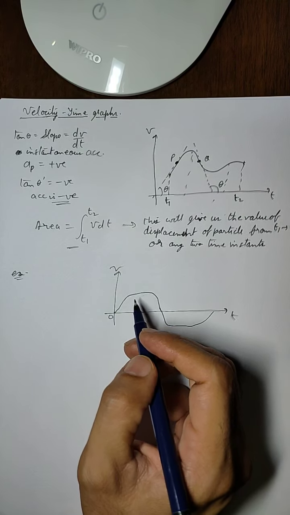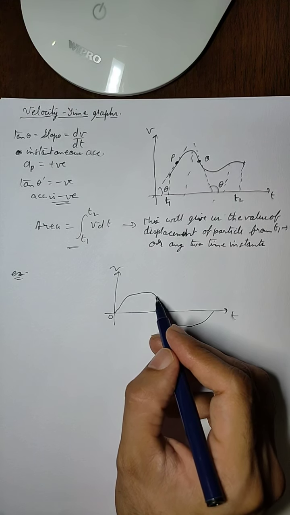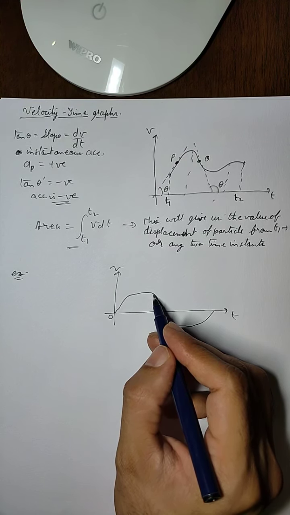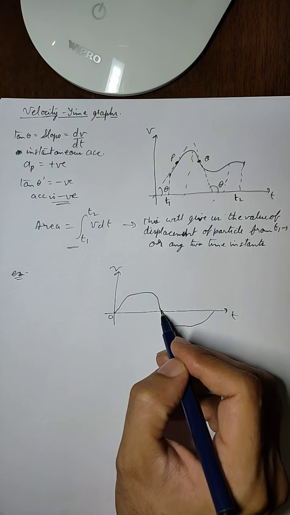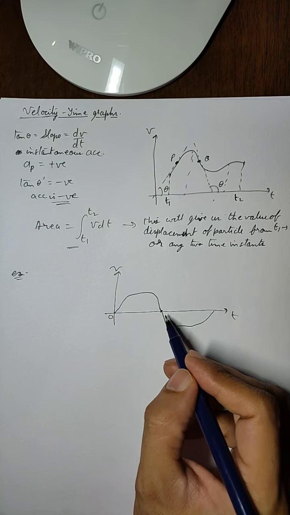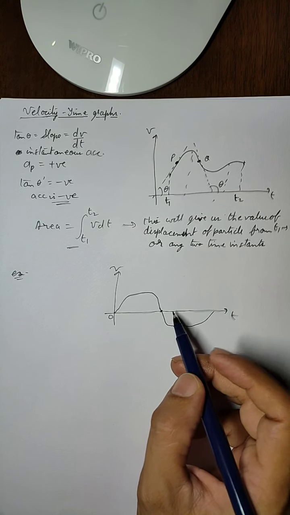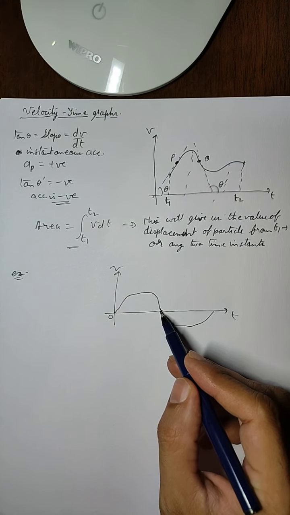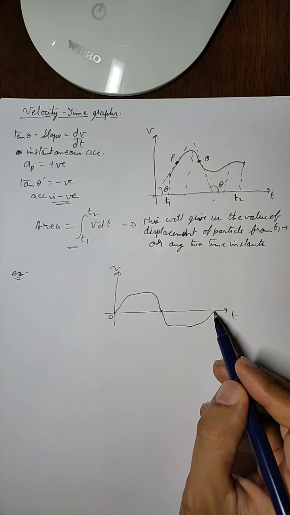So here we can see that initially the velocity is increasing, then it becomes almost constant, then the direction of velocity has changed. The body has reversed its direction and it is coming towards 0. There is a deceleration and velocity is coming towards 0. Then the velocity went negative. That means the particle has crossed its starting position in the opposite direction. Now the particle is going towards the negative side. And again on the negative side the velocity is increasing, and then it is again coming back to 0.